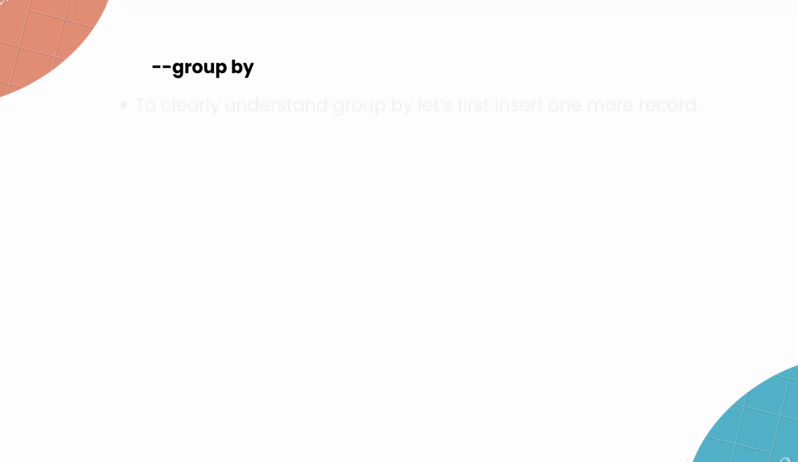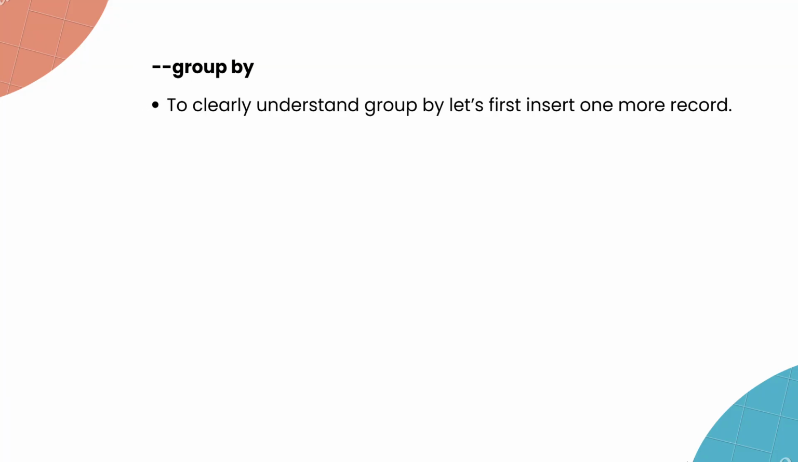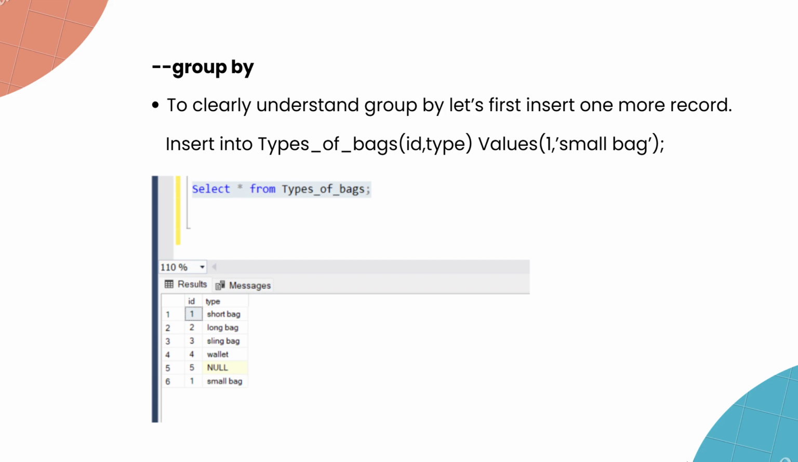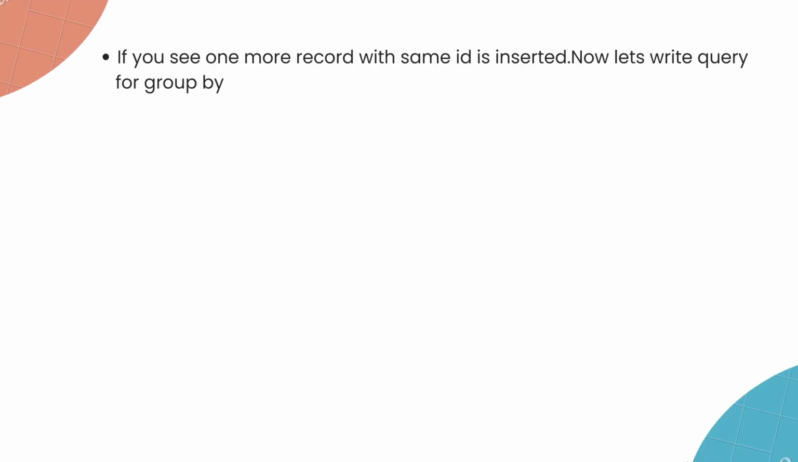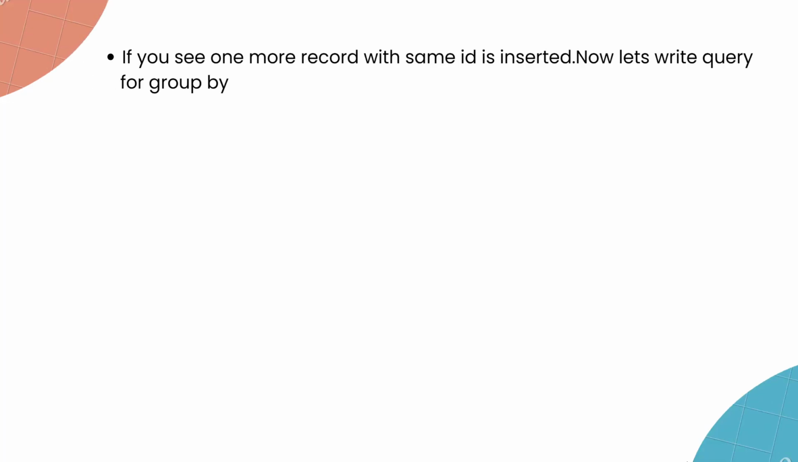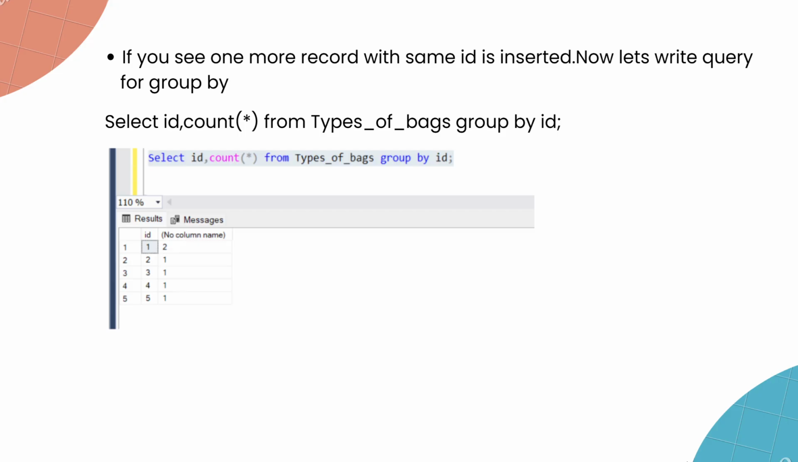GROUP BY. To clearly understand GROUP BY, let's first insert one more record. INSERT INTO types_of_bags (id, type) VALUES (1, 'small bag'); If you see, one more record with the same id is inserted. Now let's write a query for GROUP BY. SELECT id, COUNT(*) FROM types_of_bags GROUP BY id;